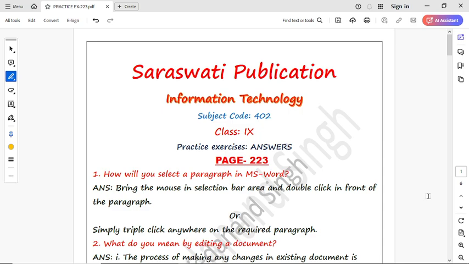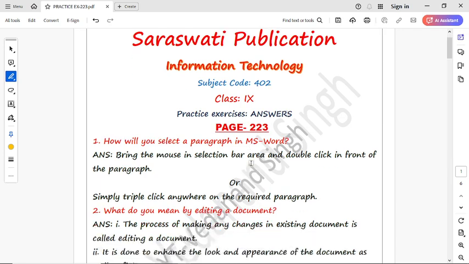Today I am going to do the practice exercise questions on page number 2 to 3. If you have the Saraswati Publication class 9 book, you can open it and look at the questions on pages 2 to 3, and I am going to write down the answers to all the questions. If you find it important, you may note it down in your copy, otherwise you can use it for revision purposes. Okay, the first question is,